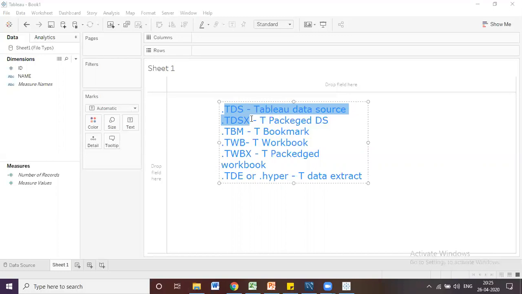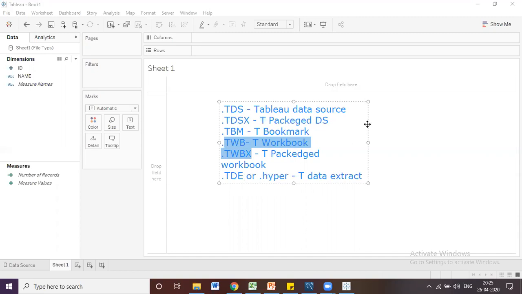These two options come whenever we save a Tableau data source. Tableau BM comes whenever we bookmark our sheet, and TWB and TWBX we get when we save the workbook. TDE or .hyper we get whenever we create an extract file. We will see them one by one.